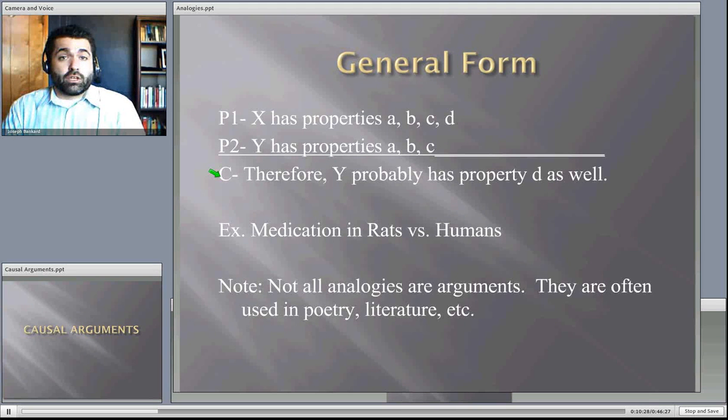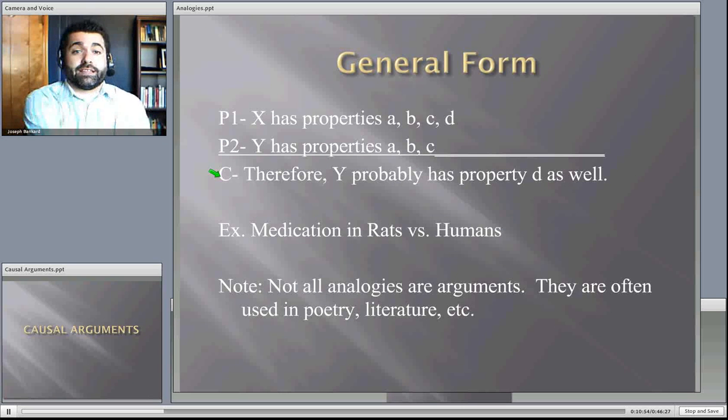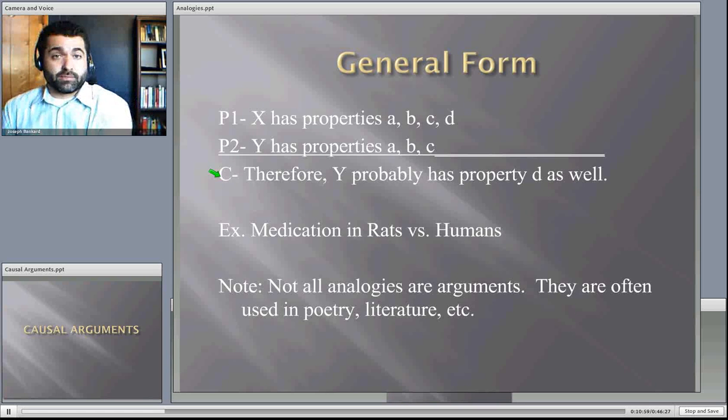So if I rub lotion on rats and it creates hives, it irritates the skin, I can say, well, there's enough parallel between human skin and rat skin, it's probably going to do the same thing to humans. It's not a flawless analogy, because humans are a lot different than rats too, so maybe it won't affect humans the same. But we try to create analogies because we don't want to use it on humans before we've tested on other animals first, and then we try to create that analogy: what it does to these mammals that are somewhat similar to humans, it's most likely going to do to humans.